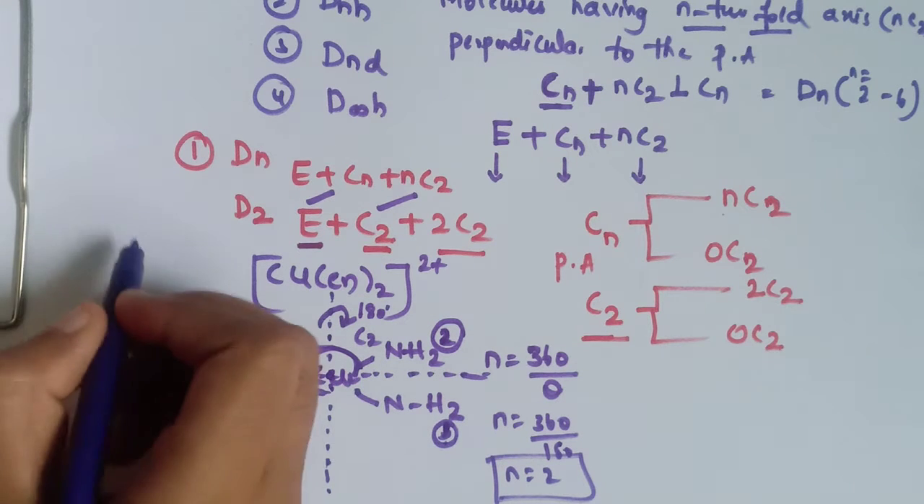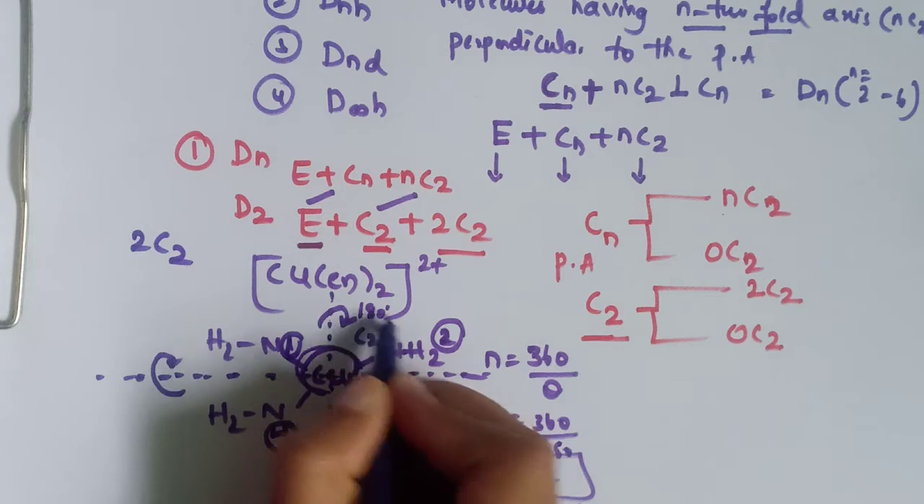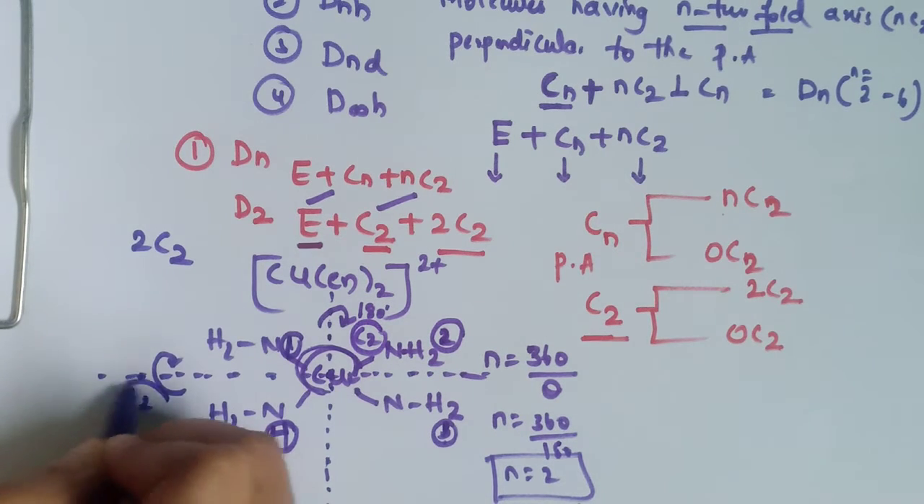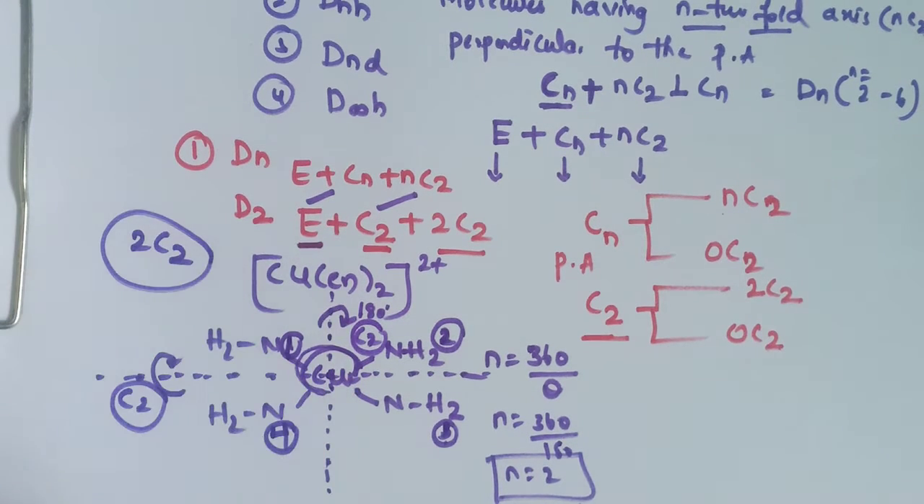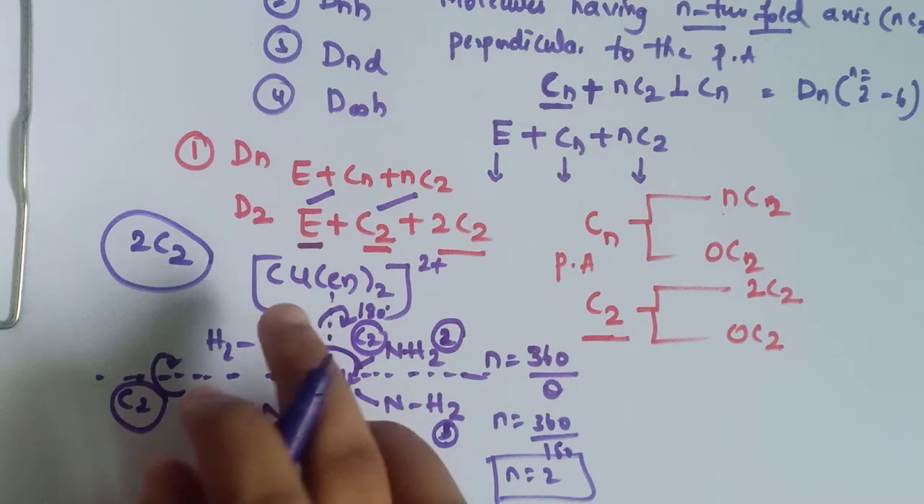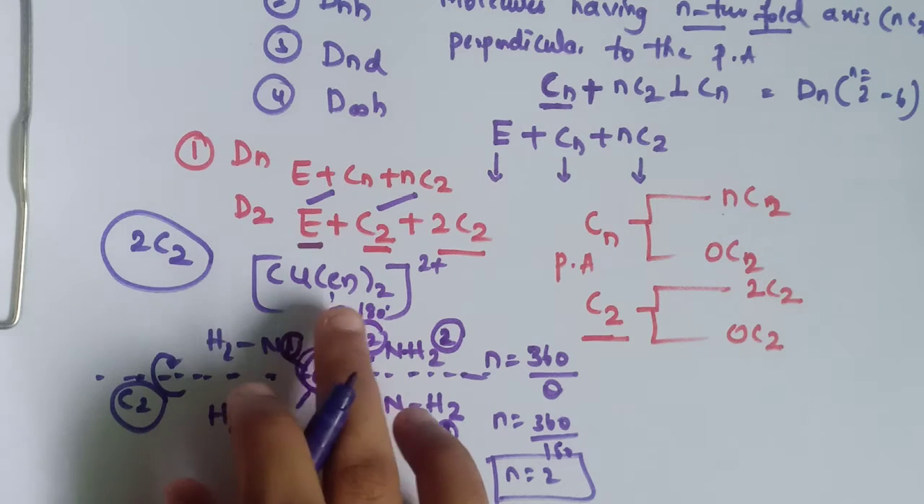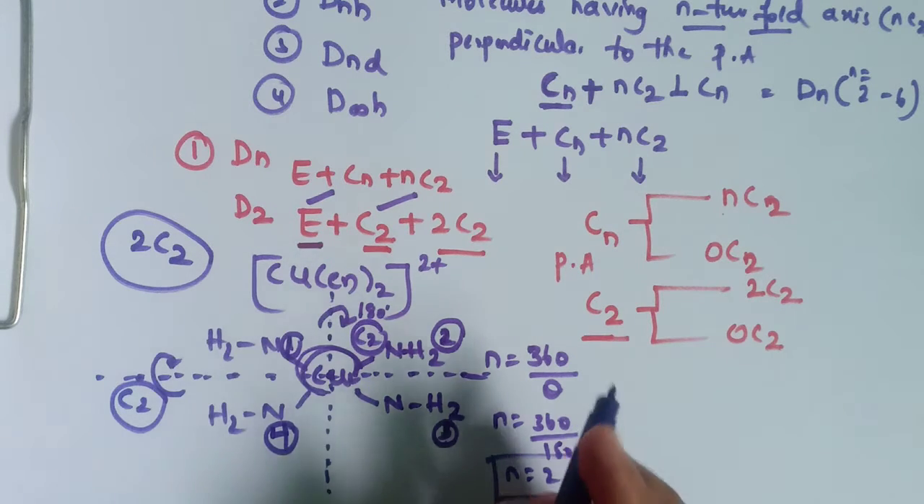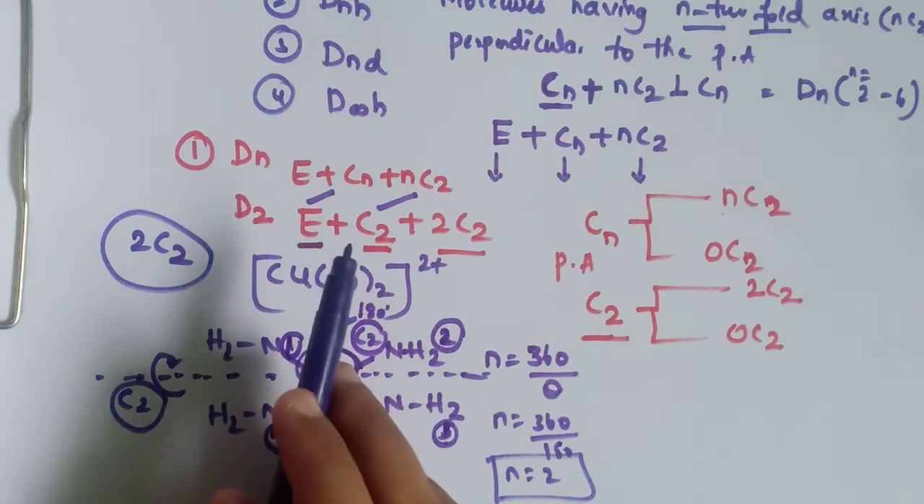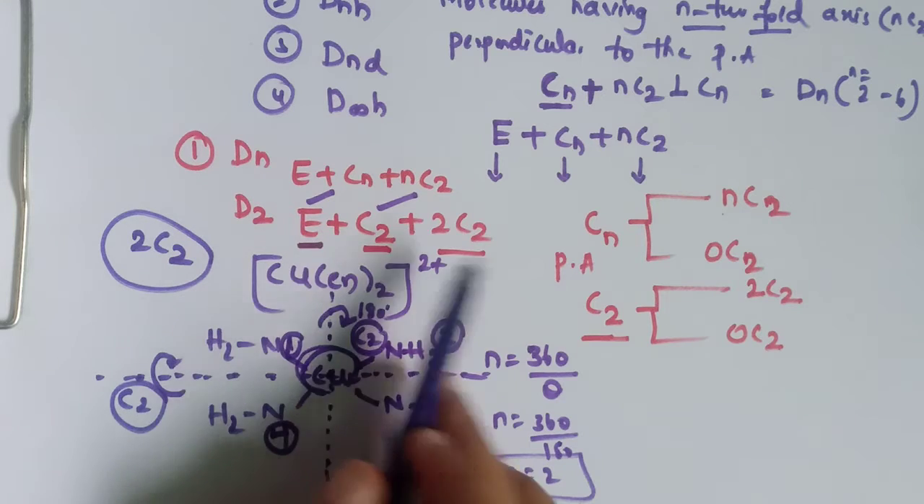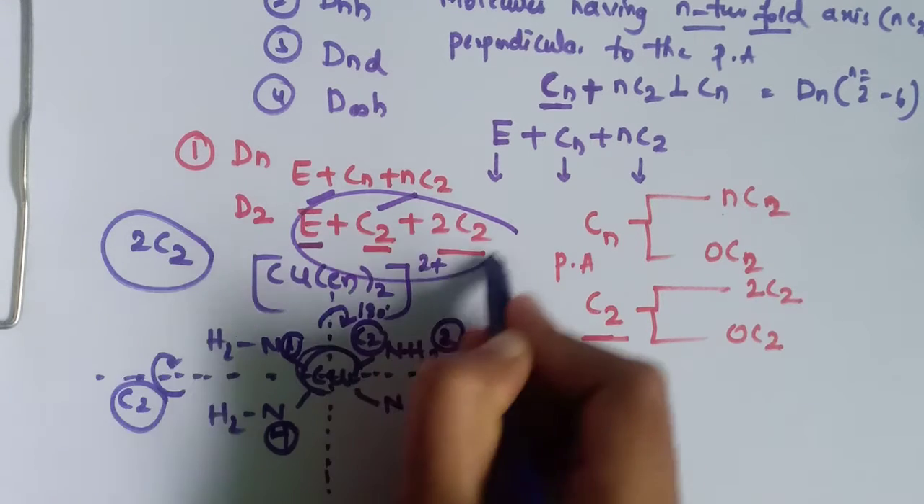So in total there are 2 C2s. Here is one C2 and here is another C2. So in the D2 point group, the example is Cu(en)2 2+. Here we are having the symmetry elements E plus C2 plus 2C2. Okay, now let's study about this